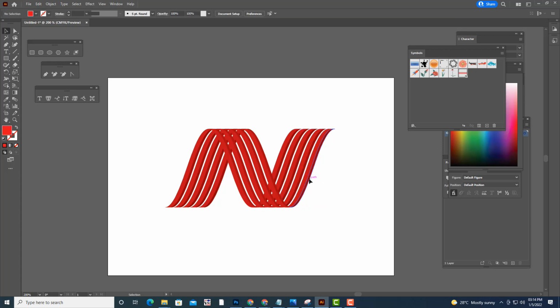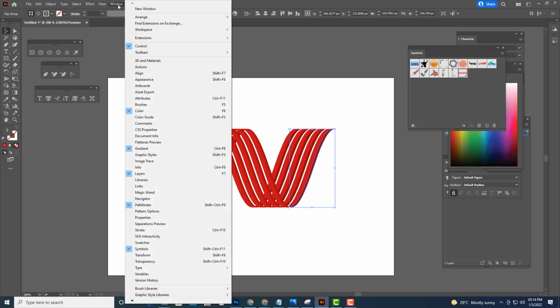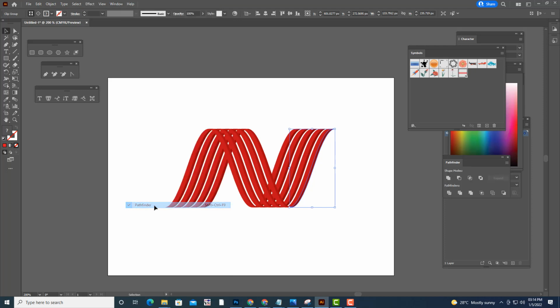See, what we will do is we will unite all the side parts. So just go to Windows and select this Pathfinder, and we'll click on unite. Okay, and then we will directly apply swatches to this. So I will go to Windows and swatches.